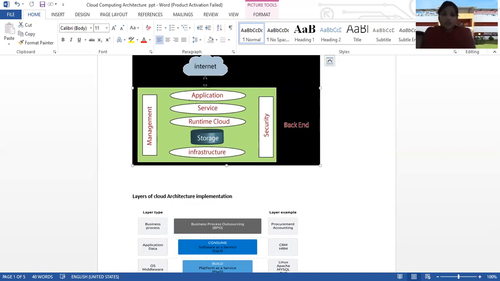So SaaS is software as a service. It is also known as a cloud application service. Mostly SaaS applications run directly through the web browser, which means we do not need to download and install the application. Some important examples of SaaS are Google Apps, HubSpot, and Cisco WebEx.